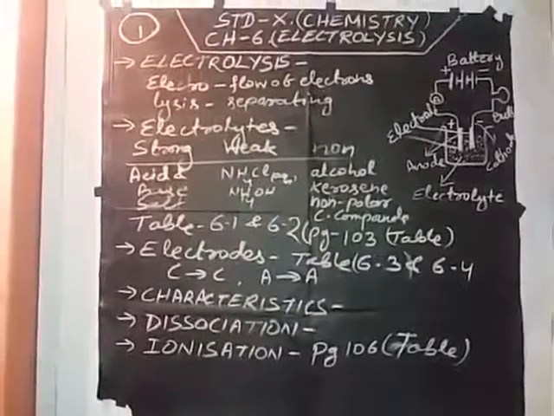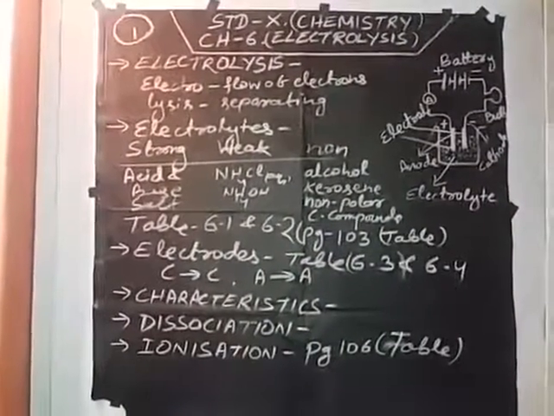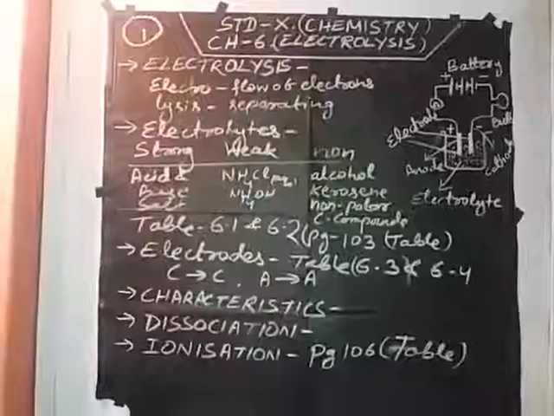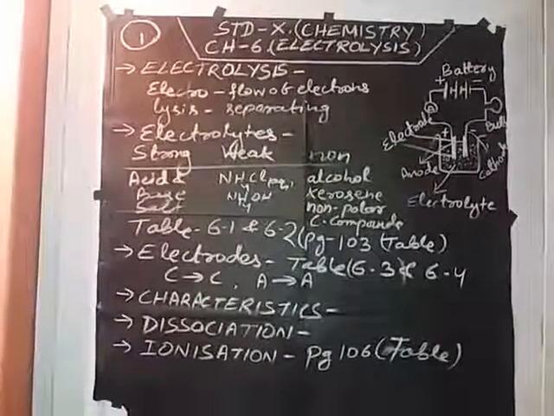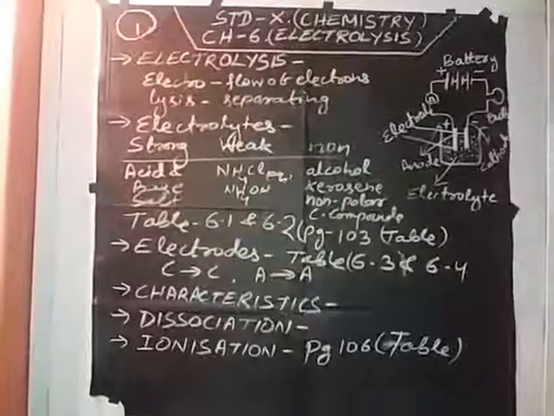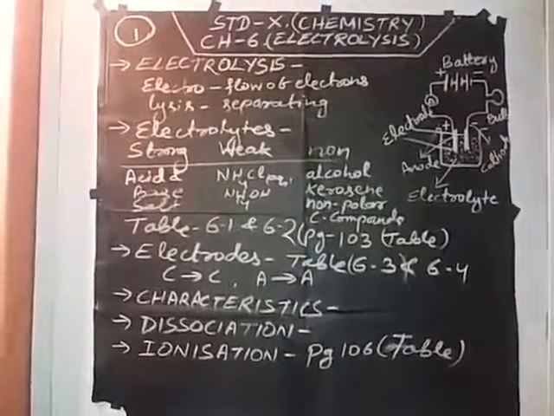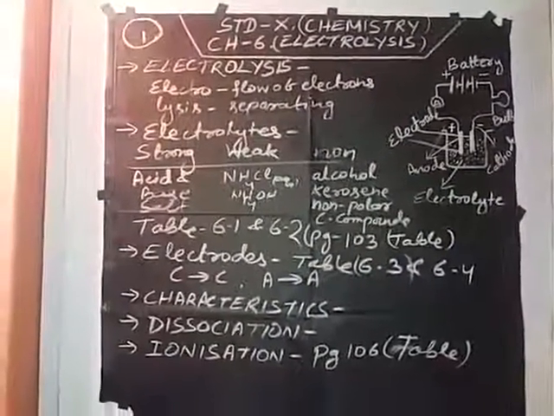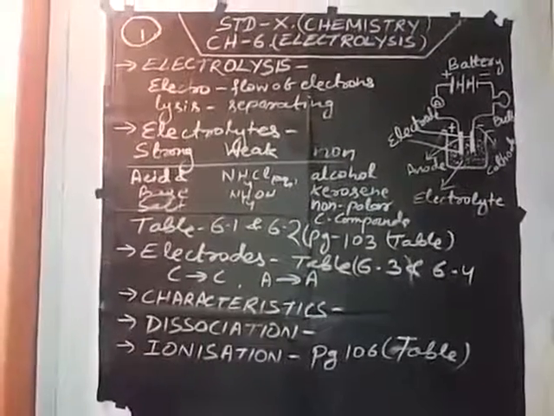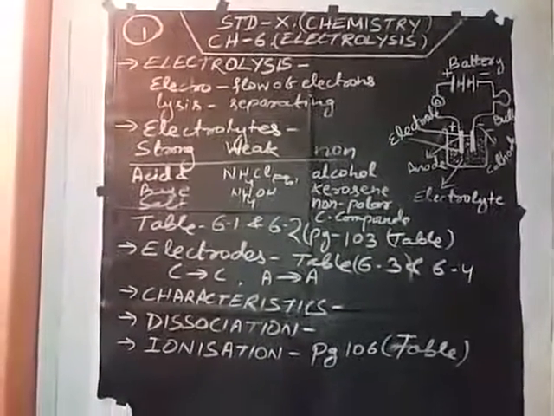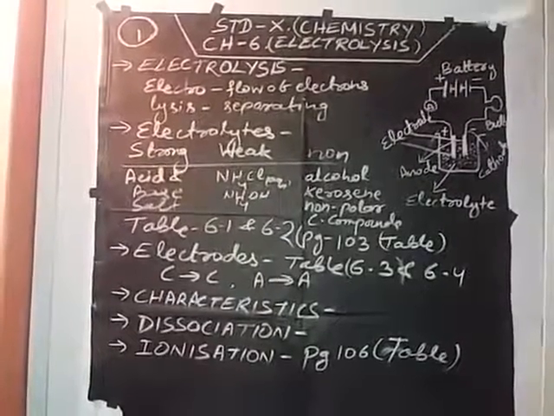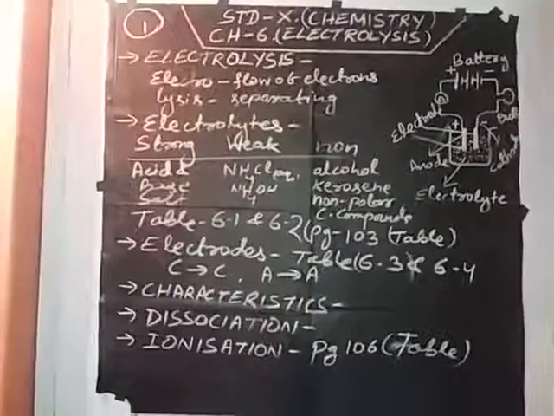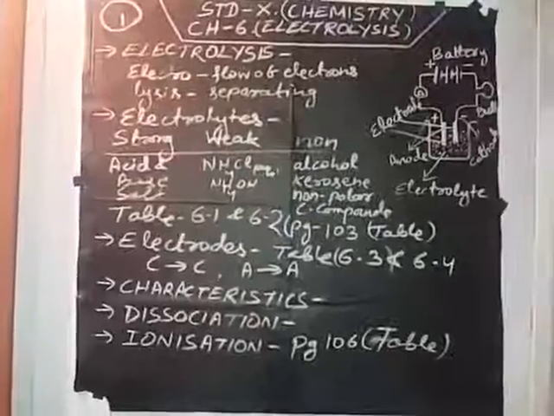It has also been found that some substances allow passage of electricity but do not undergo chemical change, like most metallic elements, which pass electricity with no chemical change. So these are good conductors of electricity. Non-metals, except graphite, do not conduct electricity, like sulfur and phosphorus, so these are non-conductors of electricity.